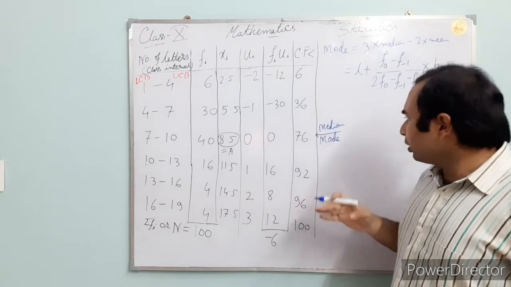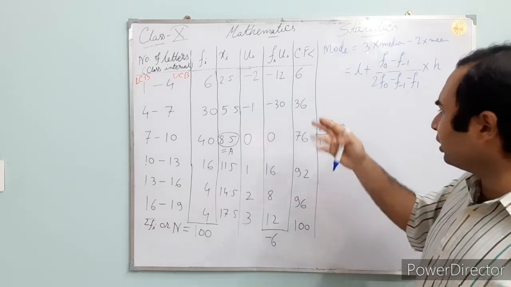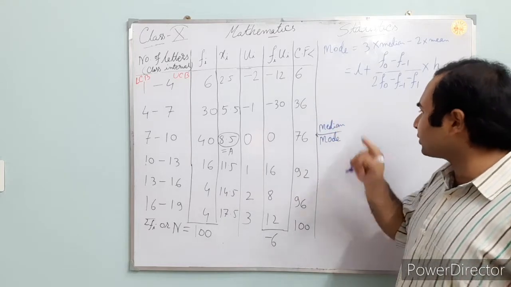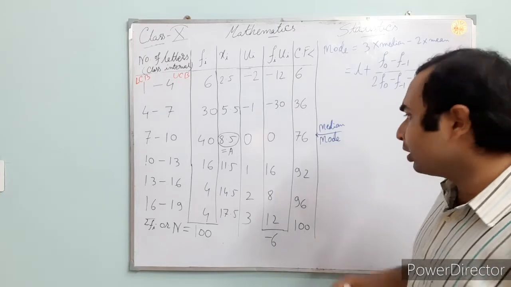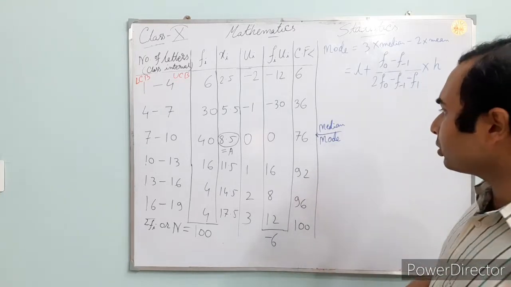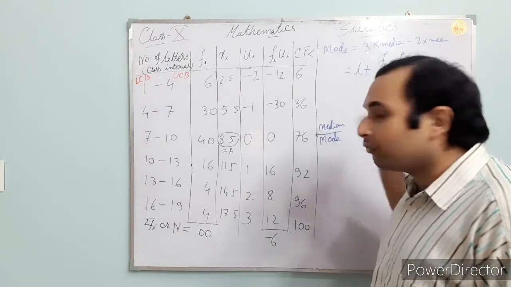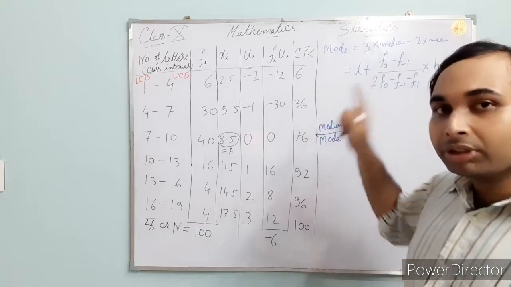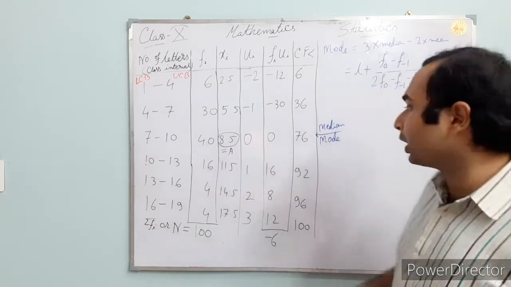Actually, in most of the cases you will see in your exam papers also, I have seen that the median class and modal class are the same. Some exceptions are there obviously, but mostly they are coming the same. But don't write that this is the median class, so this will obviously be the modal class, not like that. You have to check. So this is the highest frequency class, so this is the modal class now.